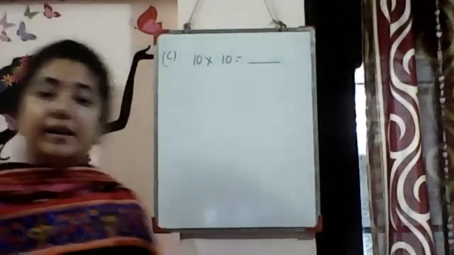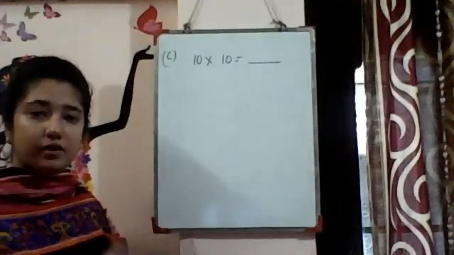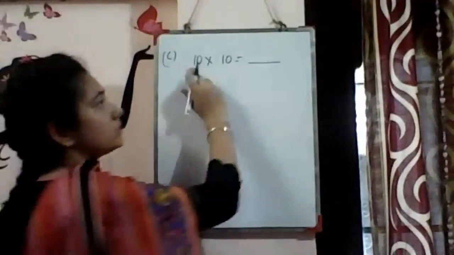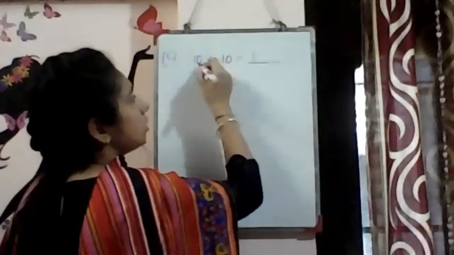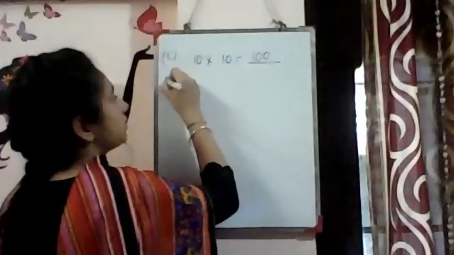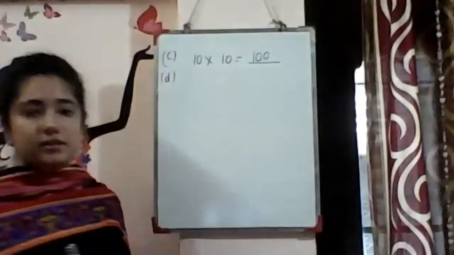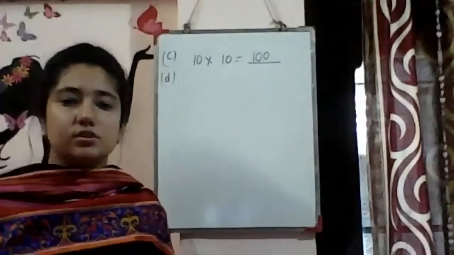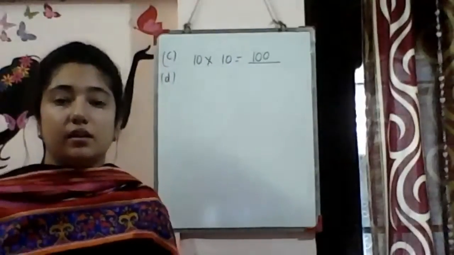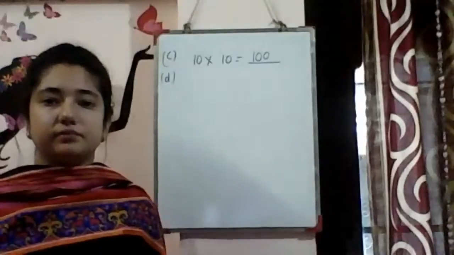10 multiplied 10 is 100 because 10 tens are 100, or the simple way we have also is 1 ones are 1 and 1 0 and 1 0. So 2 zeros we will write in the answer. Hitesh, answer is wrong, bache. You have written 1000. 10 tens are 100.